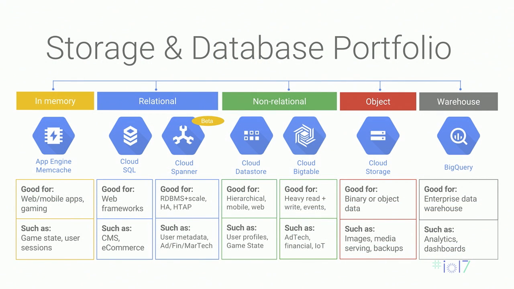Skipping over Cloud Spanner, Cloud Data Store. Cloud Data Store is our document database for mobile and web applications. This is what powers things like Snapchat, Pokemon Go, and other large gaming applications. Cloud Bigtable is our analytics database. So this is for high throughput, low latency writes. So if you need single millisecond reads and writes of very large amounts of data, Cloud Bigtable is what allows you to do that. It's fantastic for time series data